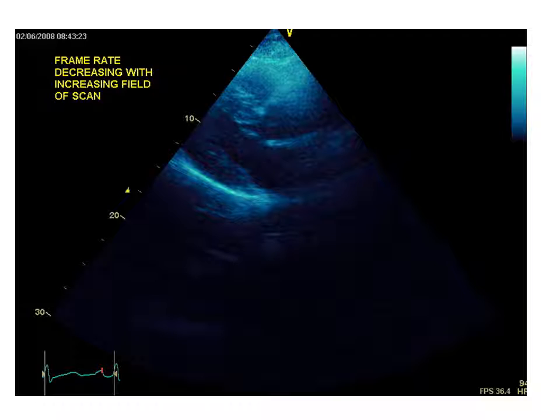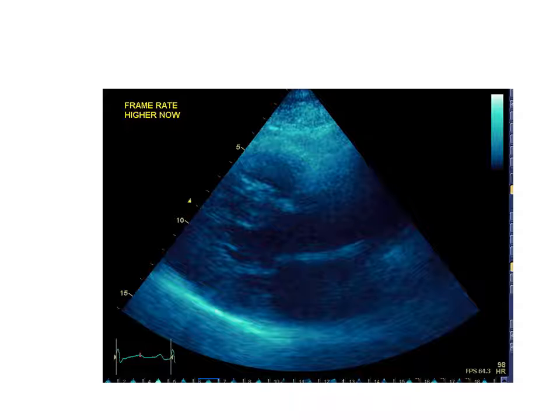As you can see, frame rate decreases with increasing the field of the scan, and if you pay attention, the right lower end of the screen mentions an abbreviation FPS, which is the frame rate, and that is 36.4. If you decrease the depth, now you're able to see the structures better, and if you now see the frame rate, the number has actually gotten bigger, which means that the rate at which the frame renews itself is faster,